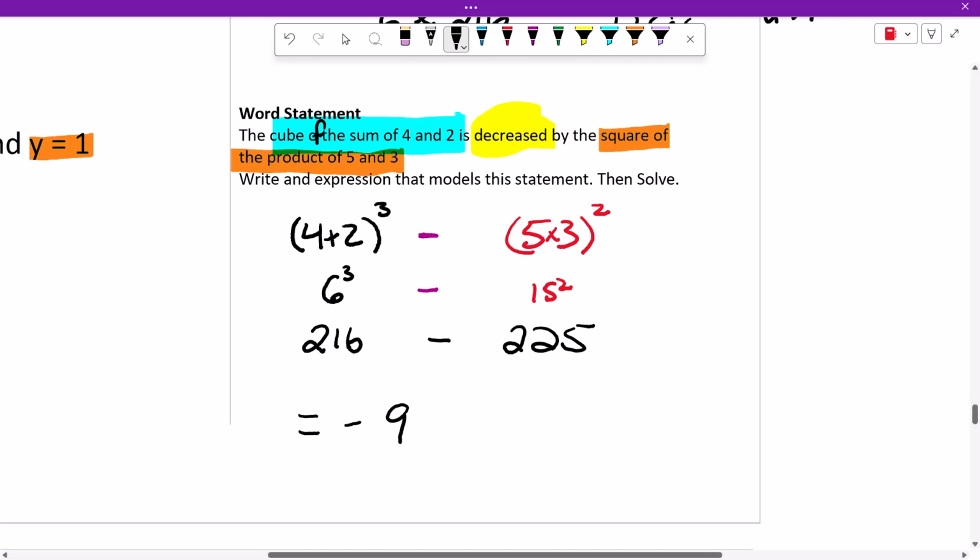All right. That's it for our notes. Let's see. We've got